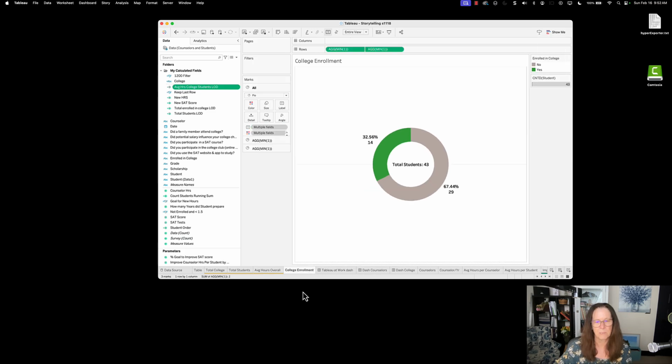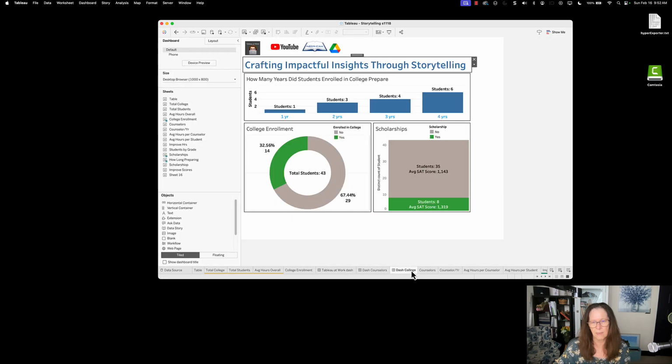So I'm going to begin with college enrollment. Here you can see the 14 that we talked about, the number of students enrolled in college out of a total of 43 students, and the percentages. So 32% of my students are going off to college. So that's an interesting chart. As we look at different charts, you might choose which ones you want to keep in the story that you think are relevant. I'm going to keep going, and I'm going to pop over now to a dashboard I made